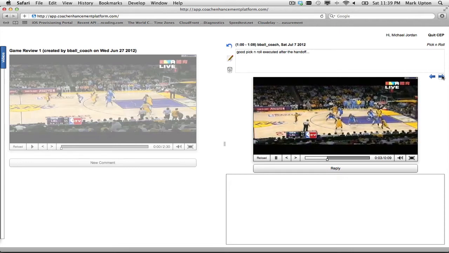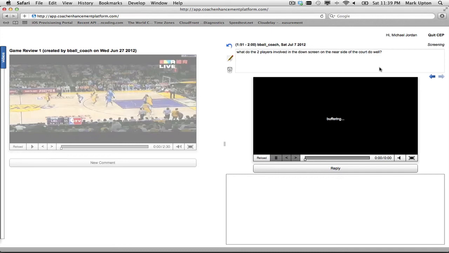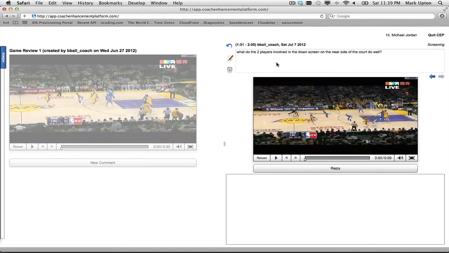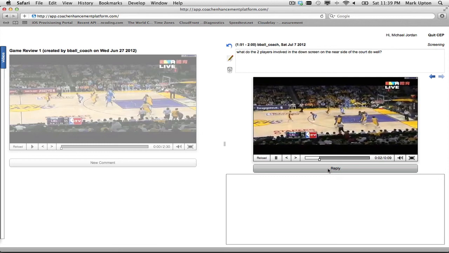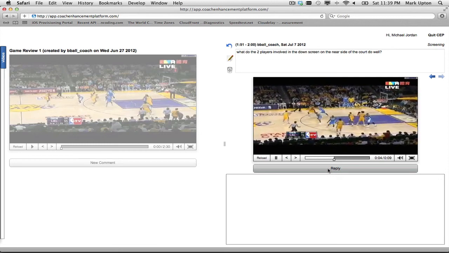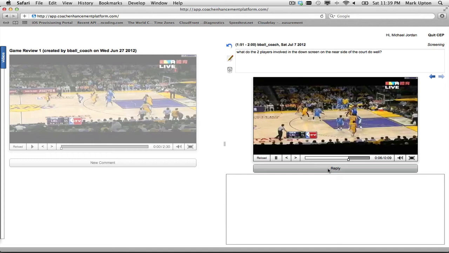And then I'll just skip ahead here to the last clip which was an example of screening, and the coach has actually put something a bit different here. He actually asked the question of the players. So he says, what do the two players involved in the down screen on the near side of the court do well? So this is an example here now where the player can actually enter in their own thoughts and contribute, and multiple players could obviously do this. So he's watched the clip,